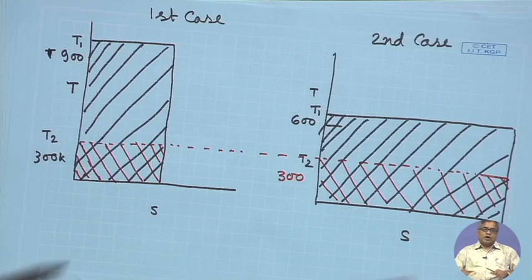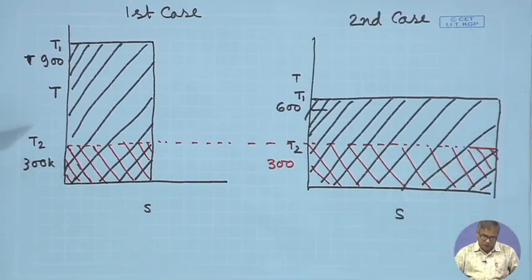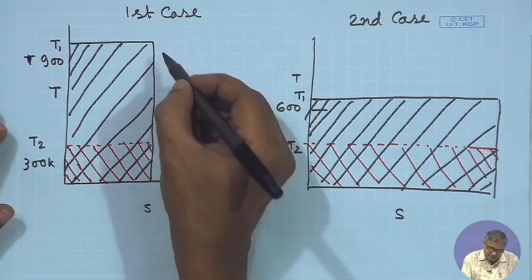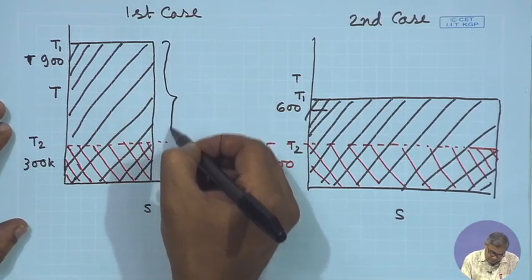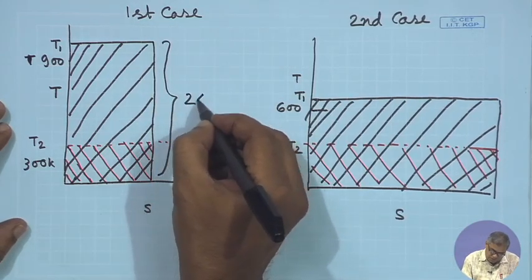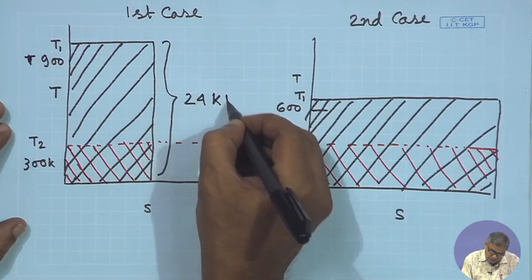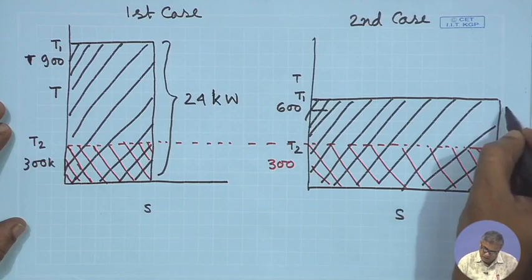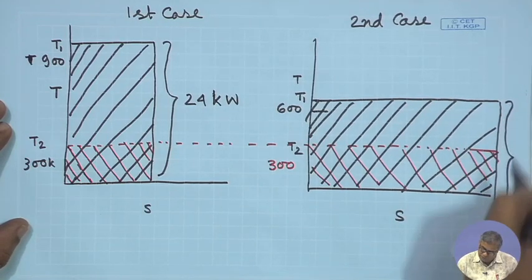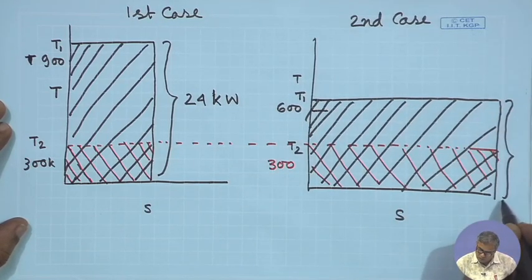Now, if we compare these two figures, this is your first case, this is your second case. In both the cases, this is 24 kilowatt, and this is also 24 kilowatt,